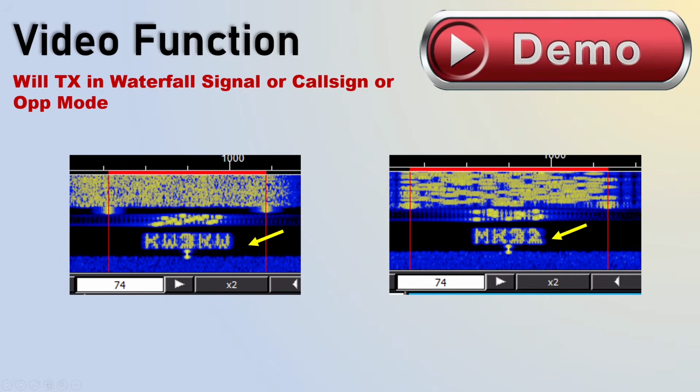Number 3 is the video function. And this allows you to pre-transmit your call sign or the op mode as the message is going out. This is kind of fun if people are looking for your call sign that's out there, but the op mode is the more practical one, because if you think about it, a lot of us, when we're looking at FLDigi and we're on a particular frequency, we don't know if it's PSK, MFSK, Thor, Olivia, Contestia, what is it, and